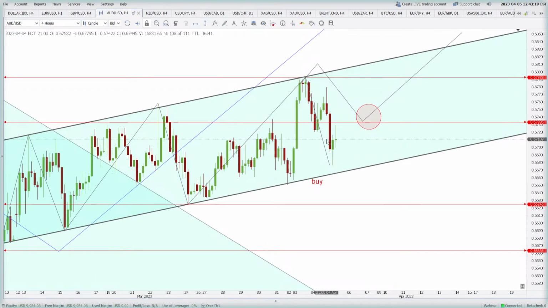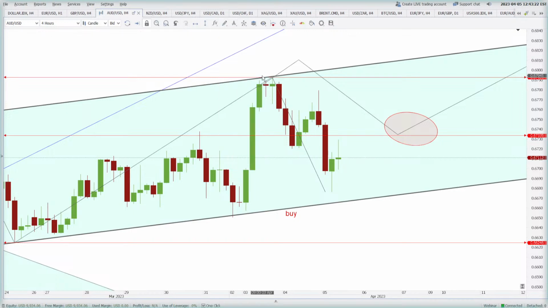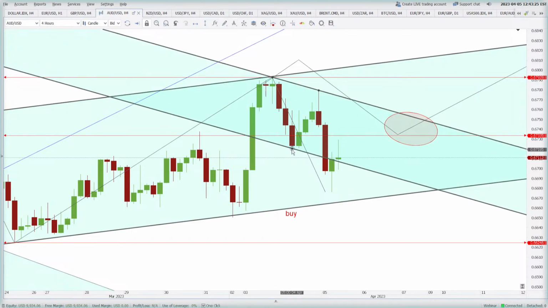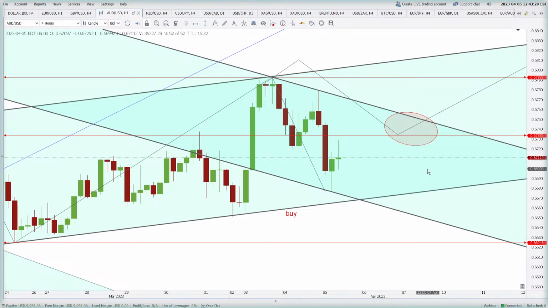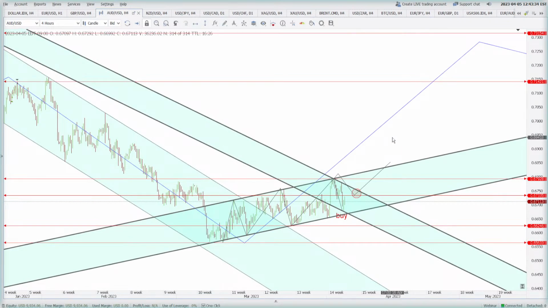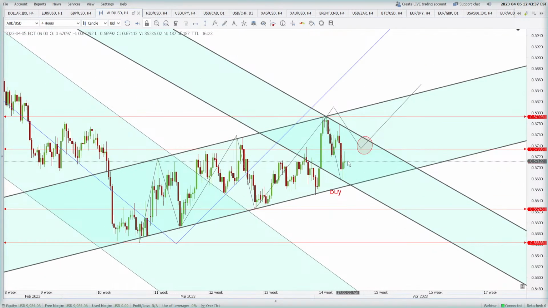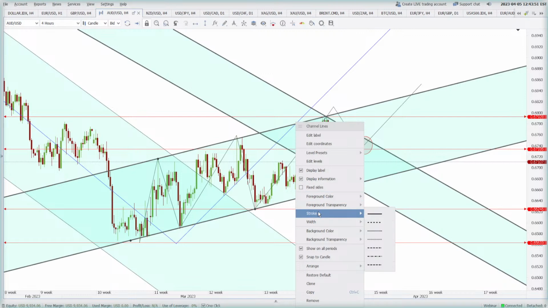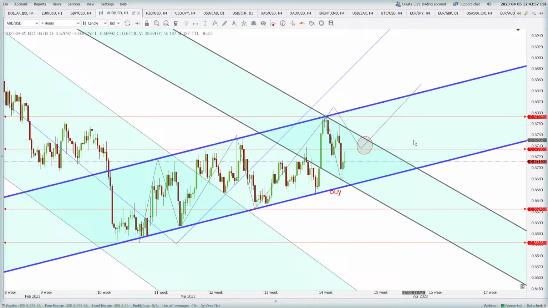All right, what you can do here, guys, is you can always create a channel like this, so that when this channel is broken, you can become a buyer, if you believe that this is a sell-off. On the higher side, the immediate resistance is 0.6733, and on the lower side, the horizontal level of support is 0.6624. But in the process of going upwards, I think this channel should be acting as a good support. So I will maybe put it like this. Okay, so this is an important channel that we have to keep an eye on.